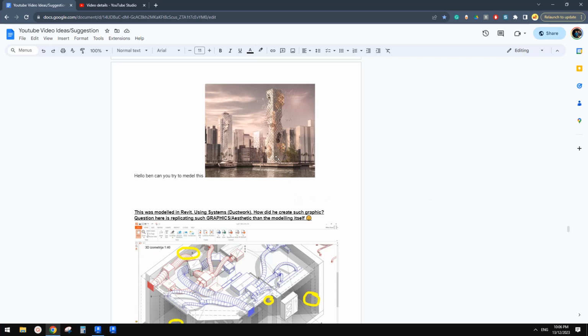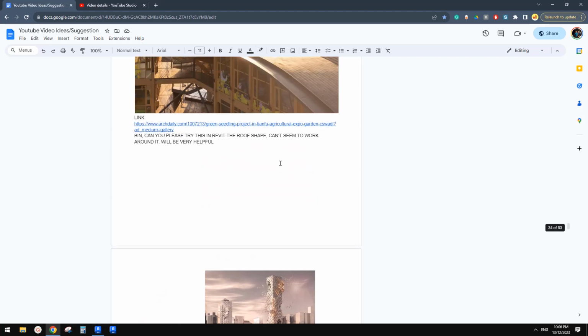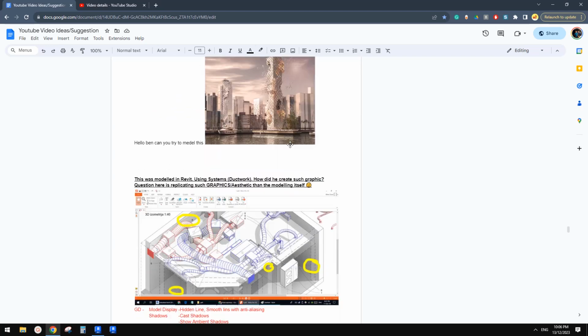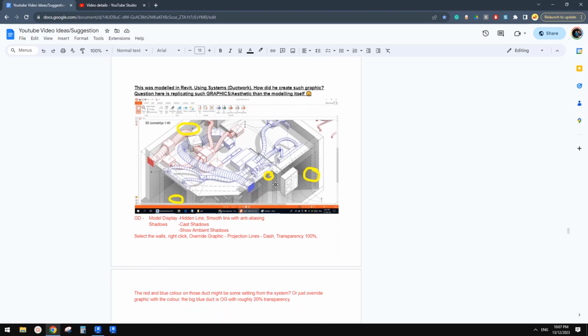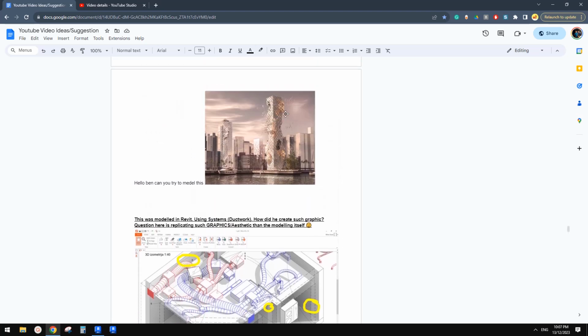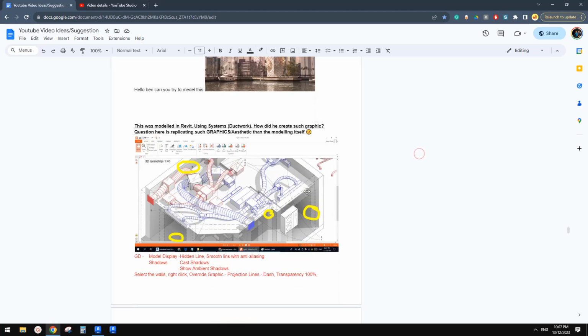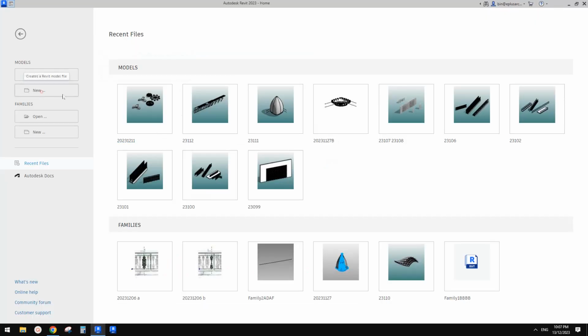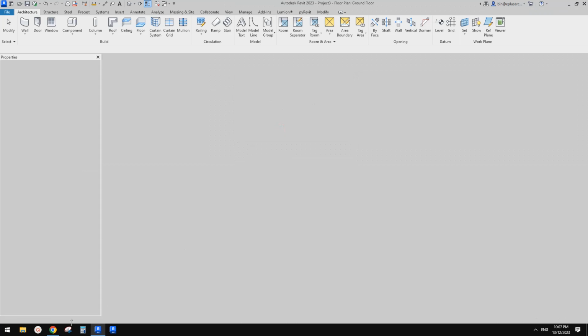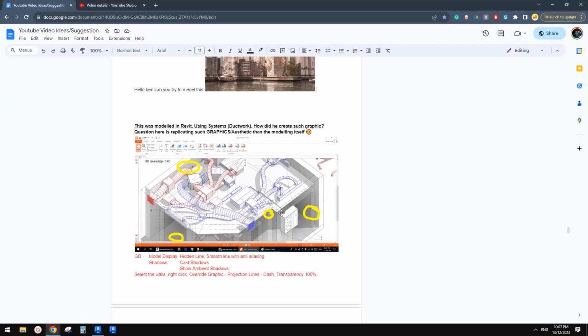Today, we're going to try this one. And quickly before we do this modeling, I'm going to quickly talk about some graphic settings. Okay. So first, let's create a project, and so I'm going to just